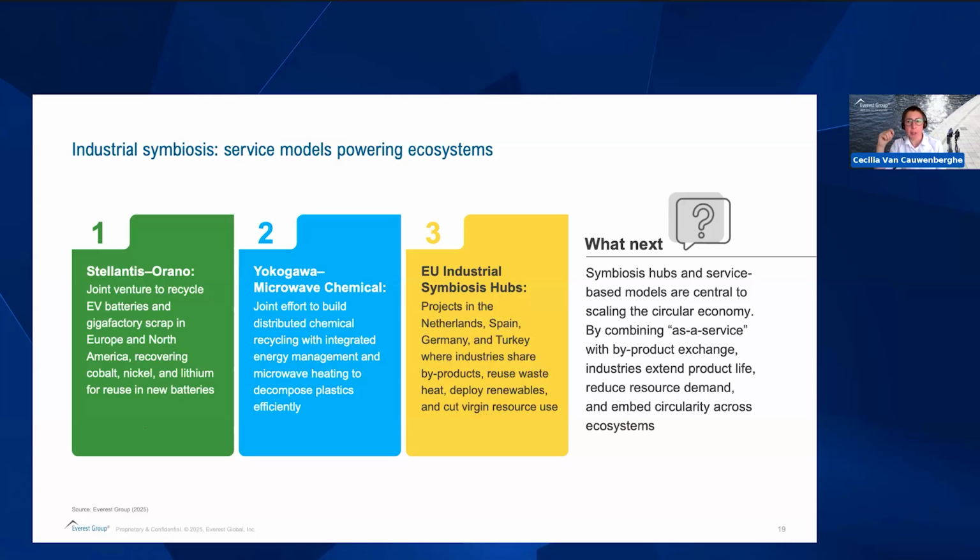The economic logic here is also that these hubs behave like industrial real estate trusts, so long-duration assets with stable yield streams. Companies pay service fees for utilities, while revenue from byproduct exchange and water and waste heat sales offsets maintenance costs. Per firm, capital requirements fall by 25-35%, and regional employment also rises through service outsourcing, right?